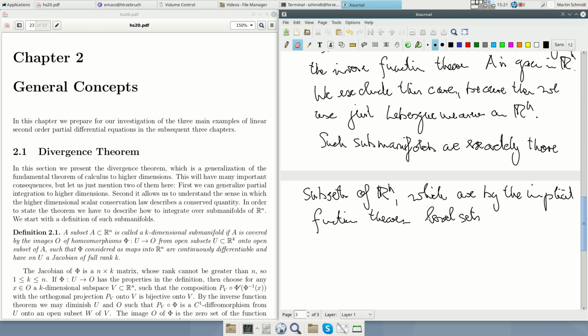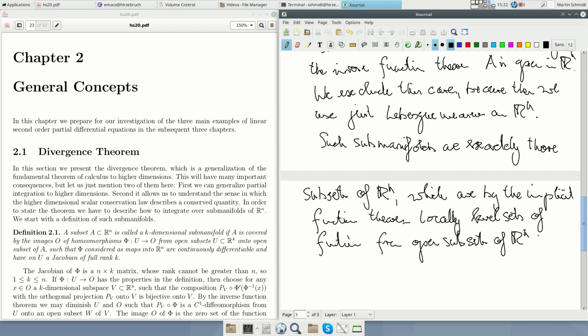I should say locally, not globally, locally level sets of functions, let's say from open subsets of Rn to Rn minus k, with derivative